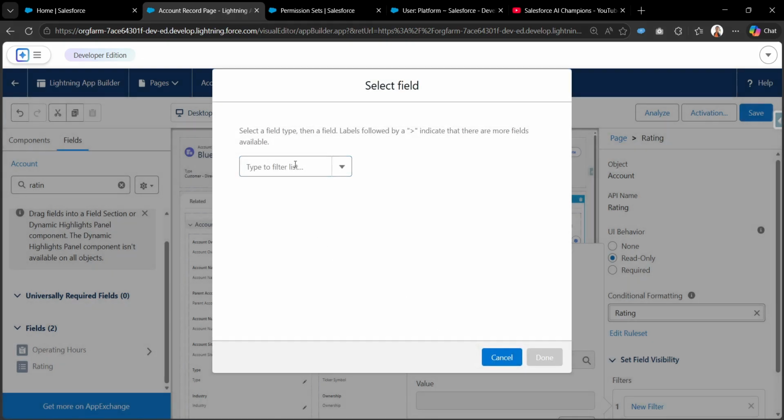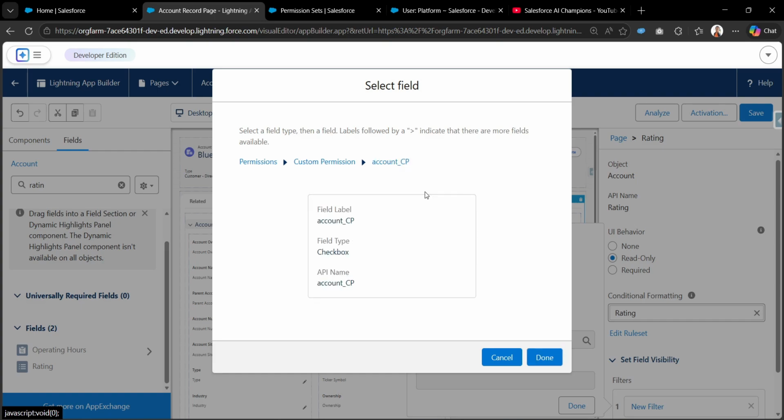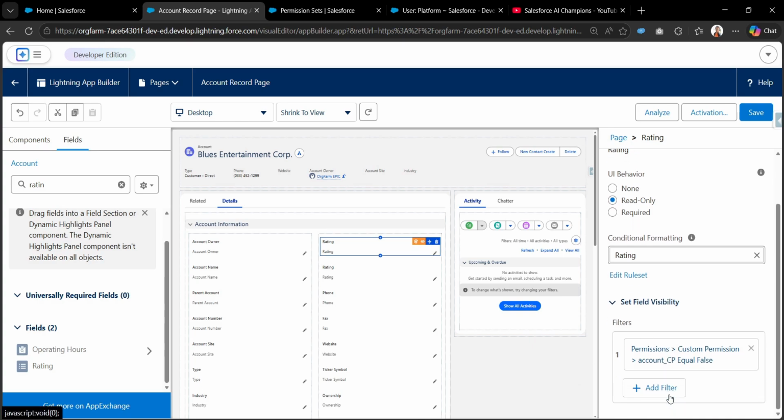We just need to search for our custom permissions. So not this one, we just need to search for permissions. Under custom permissions we just need to search for account CP, right? And this should be equals to false, right? So if the user doesn't have the custom permission access, then the field would be read only for that user,